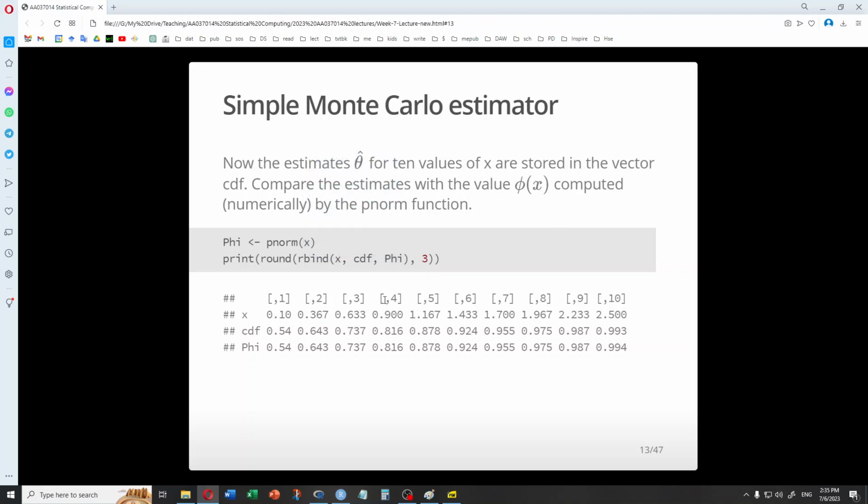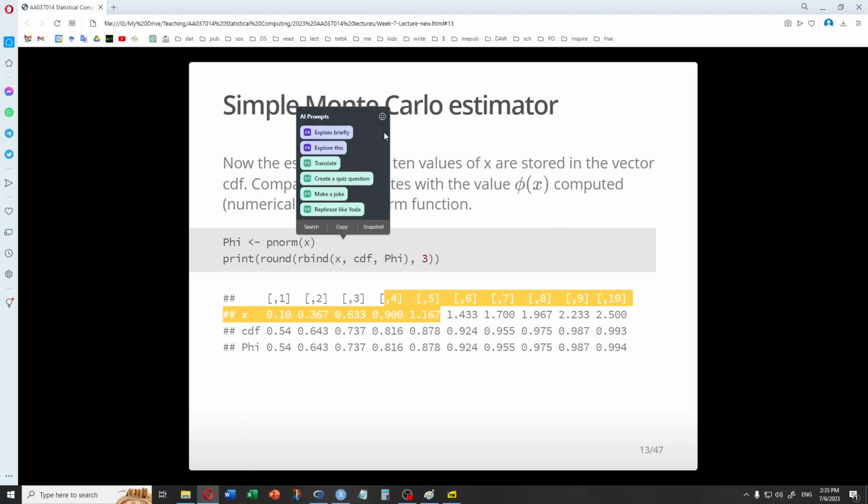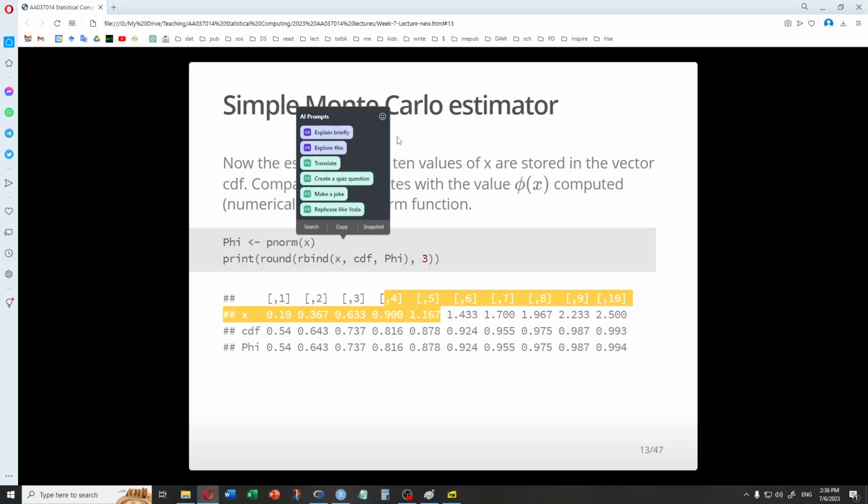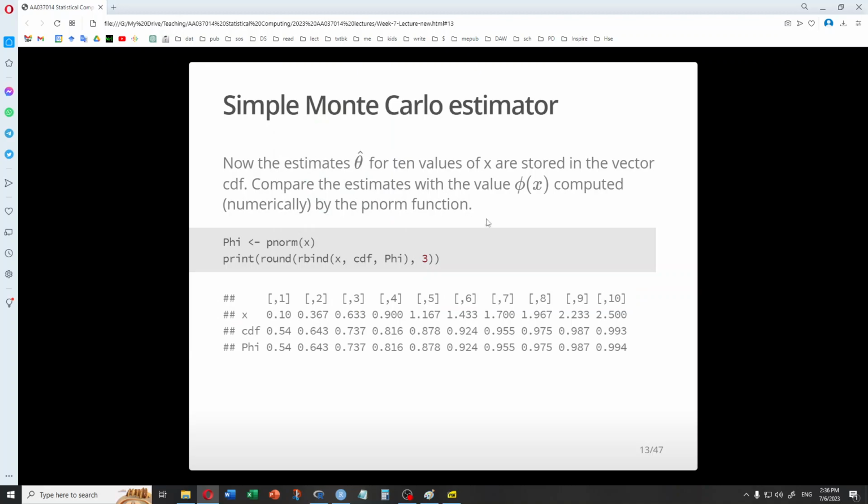I'm so sorry, every time I highlight this, a prompt comes out. Yeah, so how do I want to, okay, I don't like this feature, so okay, so this is for each of the